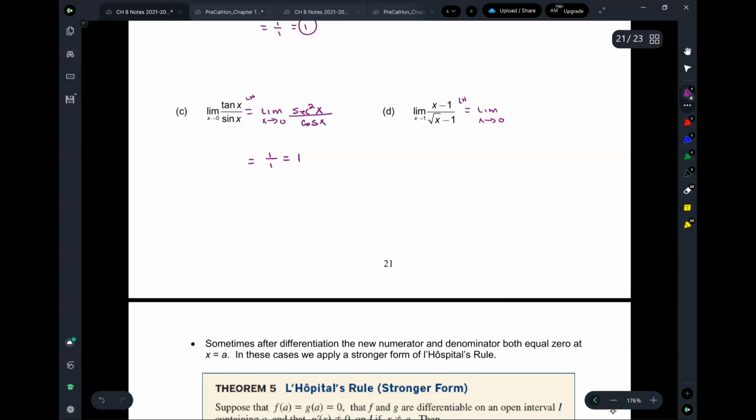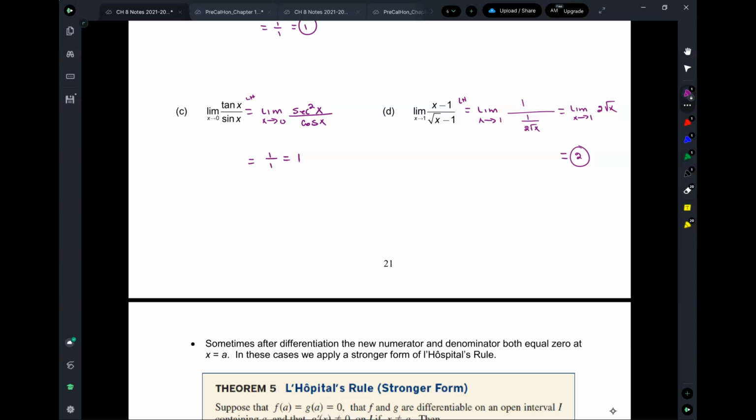So this is the limit as x approaches 1 of, what's the derivative of x minus 1? 1. What's the derivative of root x? Let's just memorize: the derivative of root x is 1 over 2 root x. Minus 1, that gives you 0. So if you simplify, it's just 2 root x. Do you see how much simpler that is? Right? And then now just plug in the 1 and you get a 2. Okay? Now,